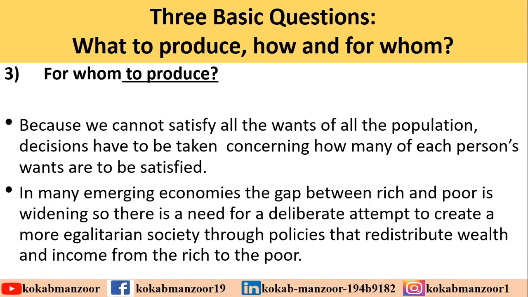First one, what to produce: what type of products we should focus on, what type of goods or services we should focus on. The second, once we decide the product, then we have to see how to produce, right? How much resources are to be allocated. And the third one is for whom to produce, means